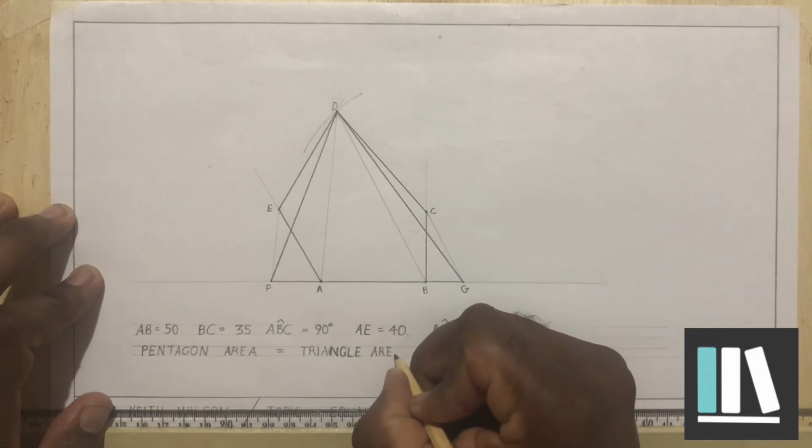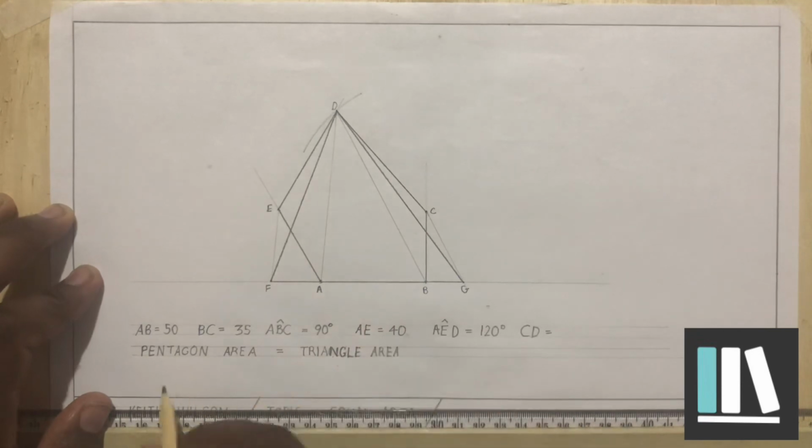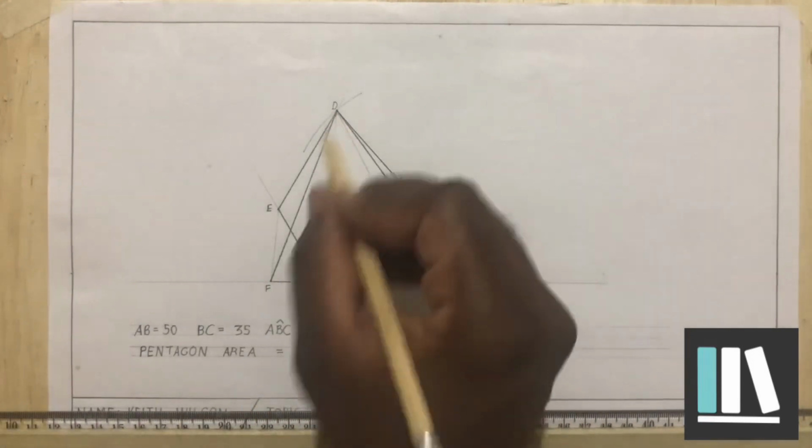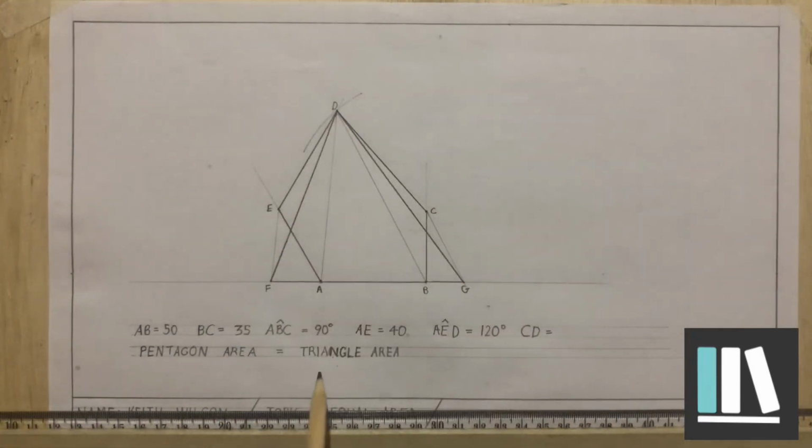What I really wanted to write is the area of pentagon ABCDE is equal to the area of triangle FGD. So that's basically what is happening here. I hope you grasped the concept that was taught here,